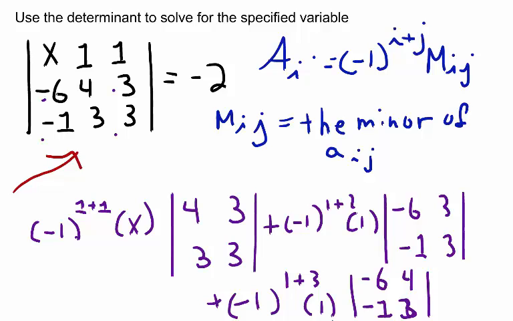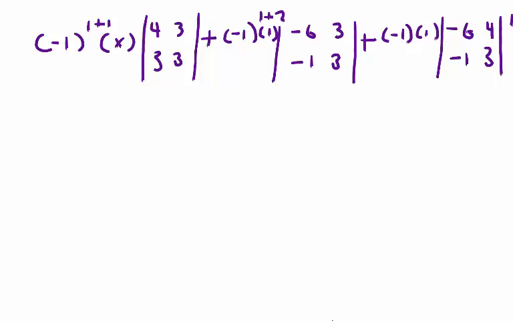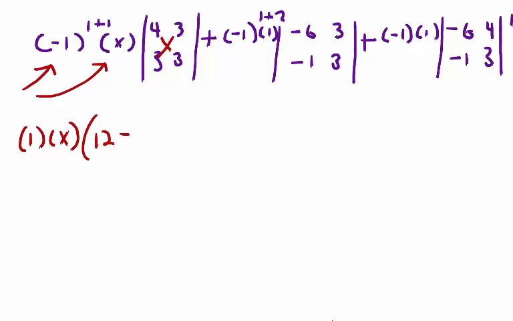Let's start a new screen so we can simplify this expression. Simplifying this expression, we get -1 raised to the power of 2, which is +1, times x, times the determinant of this 2 by 2 matrix, which is 4 times 3, which gives us 12, minus 3 times 3, which gives us 9, plus